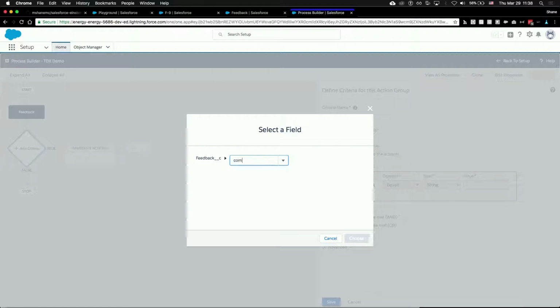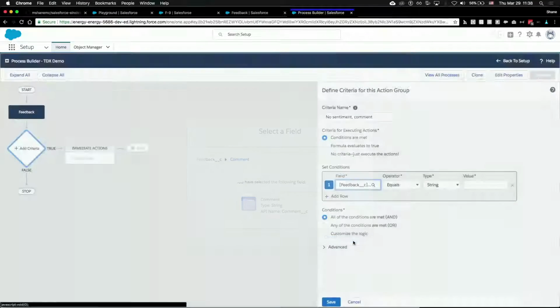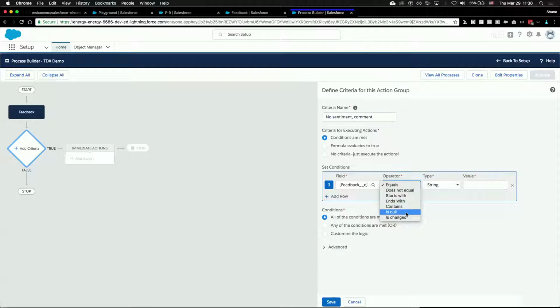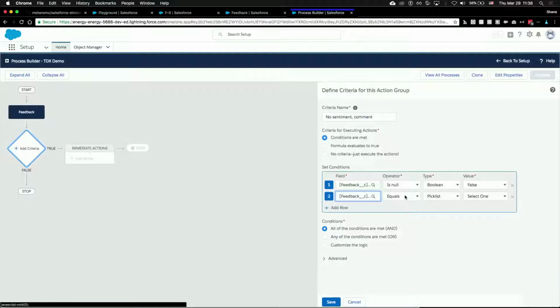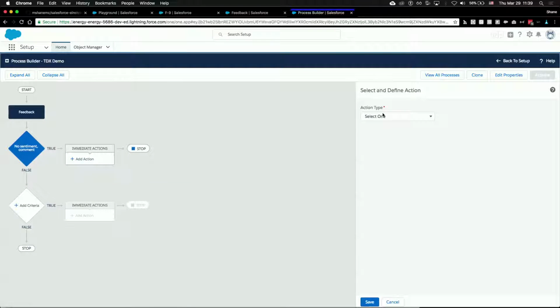So we can just describe that in Process Builder. So is null is false. That means there is something there. And then we don't have a sentiment yet, because if we've already scored it, we're not going to use that. So this one is true. So pretty simple. And then the way this works is because we've created all these Apex wrappers for you, you can call the Apex action, and then the only thing you need to do, I'll just call it get sentiment.